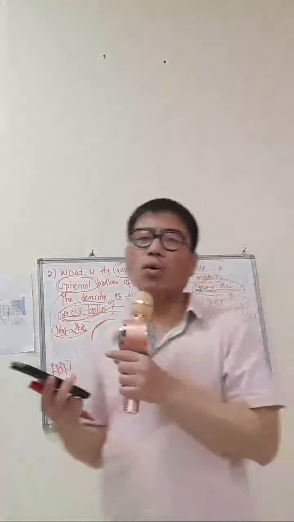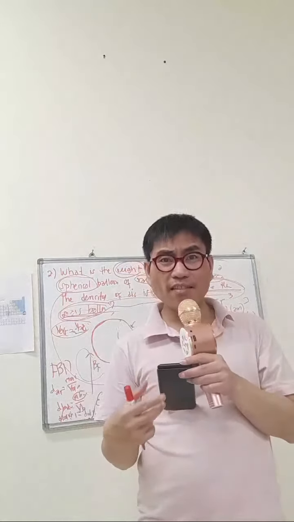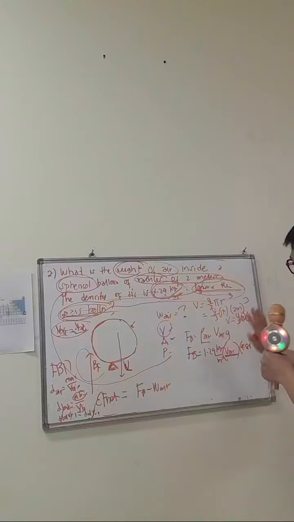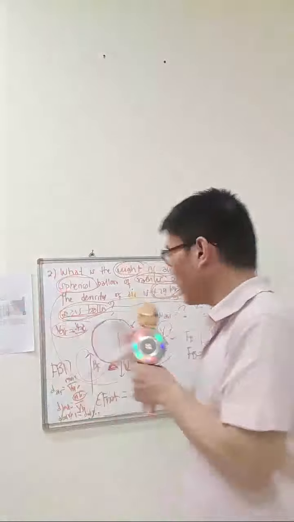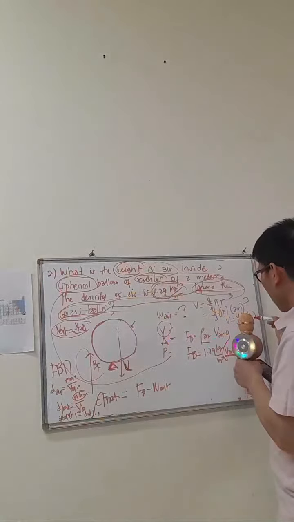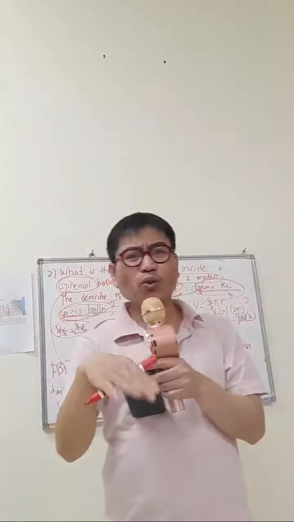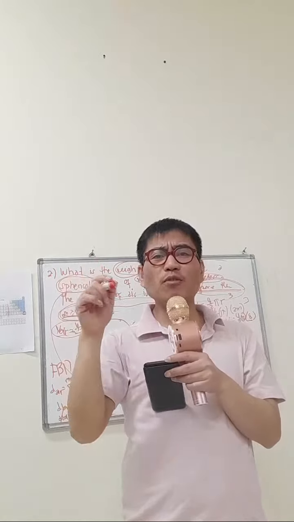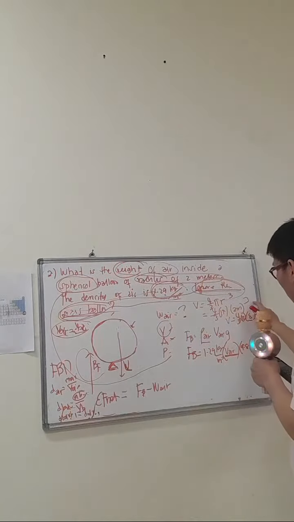Okay, PEMDAS rule in algebra. First is parentheses. We involve parentheses here, see? So perform that first. 2 raised to the power 3, get the answer first, 8. Because if you proceed directly to the left and don't follow the parentheses first, you will be wrong. So PEMDAS: first parentheses, second exponent, because it's raised to the power 3, there's an exponent, right?